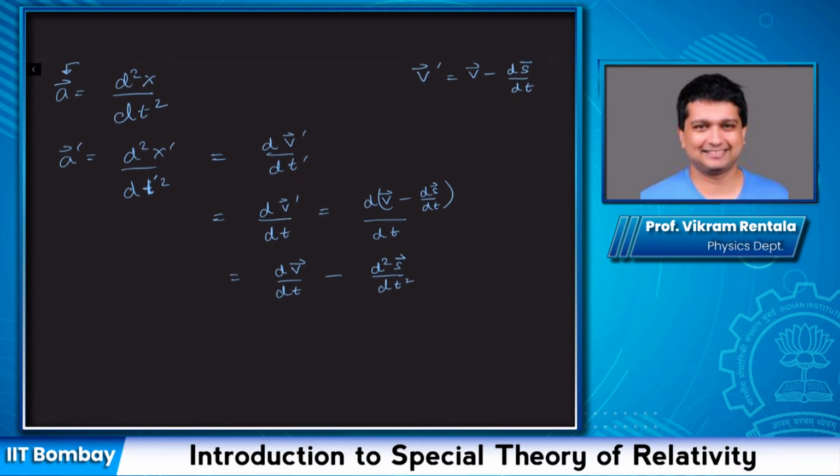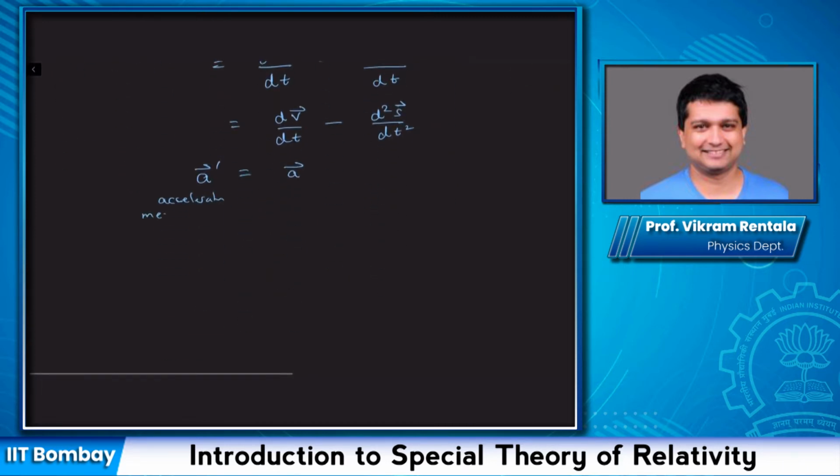If I look at this, this is nothing but the acceleration as seen by the first observer. So the acceleration measured by the second observer is the same as the acceleration measured by the first observer minus,